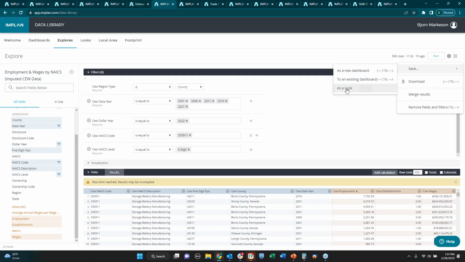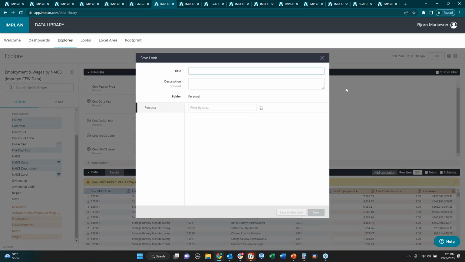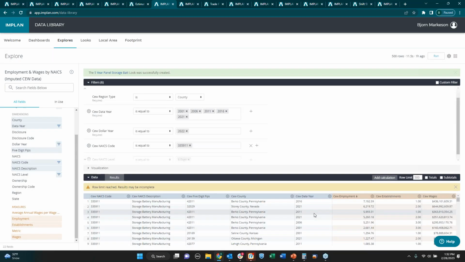I can save this as a look. And what this does is, so we call it 5-year panel storage battery, right? So now I can save this as a look, and I can come back to this in